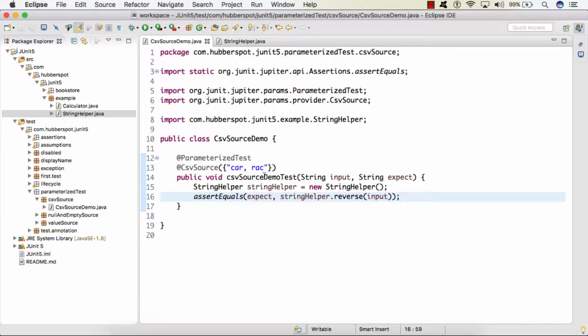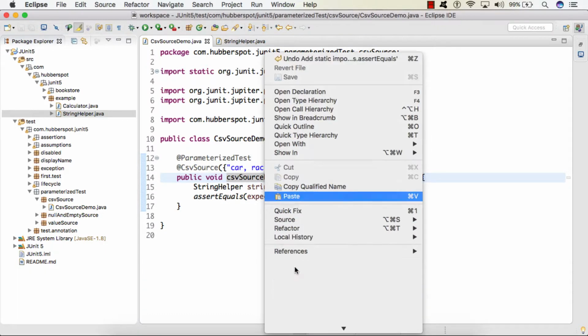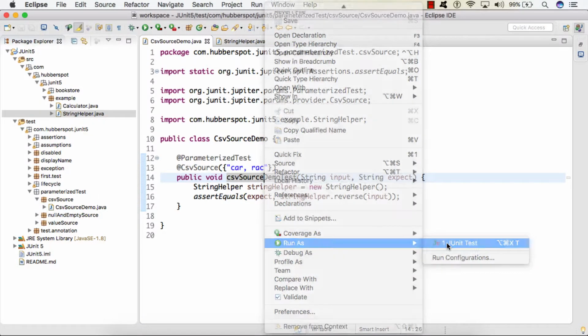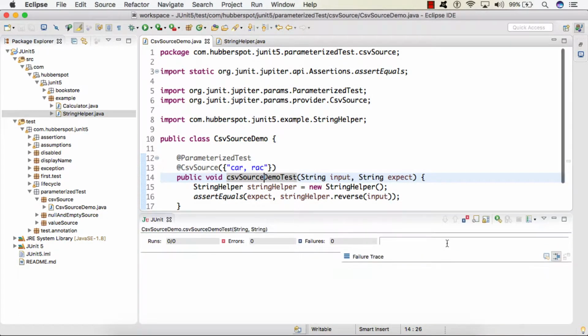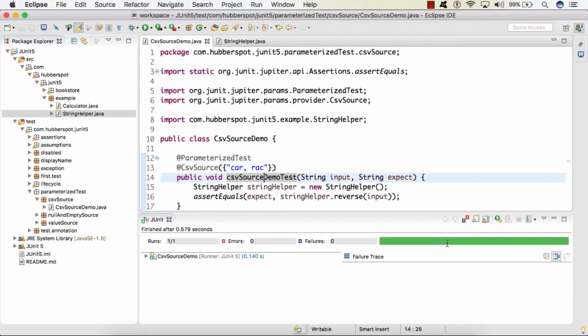So friends, if I run this test case now, you can see that the test case got executed successfully.